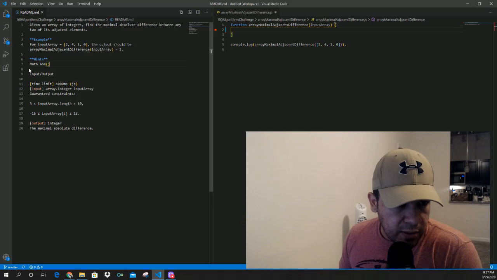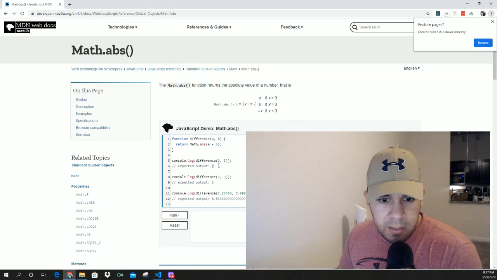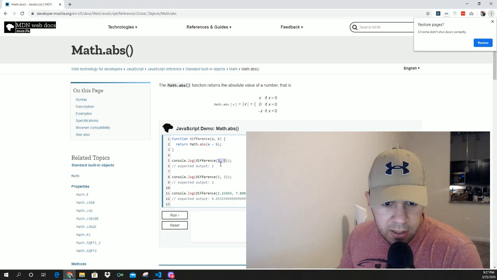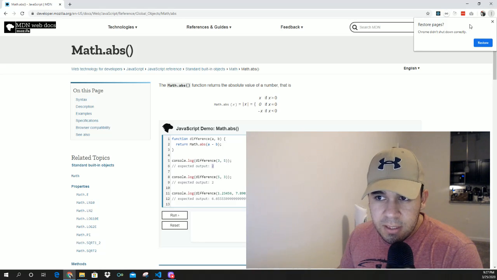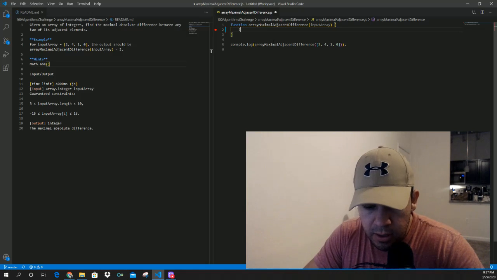And we do get a hint, which is Math.abs. Math.abs returns the absolute value of a number, and we get a pretty good example here. 3 and 5, it's going to return 2, so that's the difference, and that's exactly what we're going to be doing. So let's start by